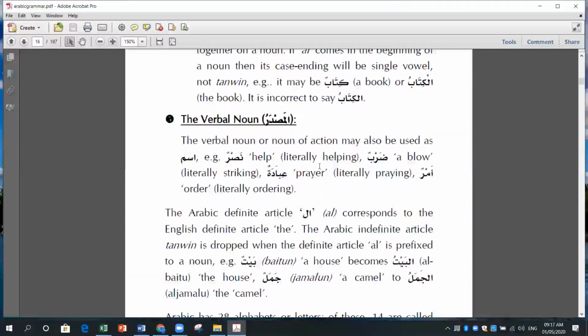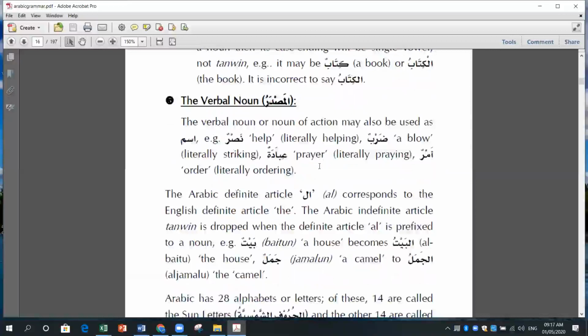Masdar. The masdar, the verbal noun. This is also a category of noun which we had already discussed. They have mentioned it separately, but I think we can take it over there, but I'll just introduce it to you, what this is. Verbal noun or the noun of action may also be used as ism. For example,